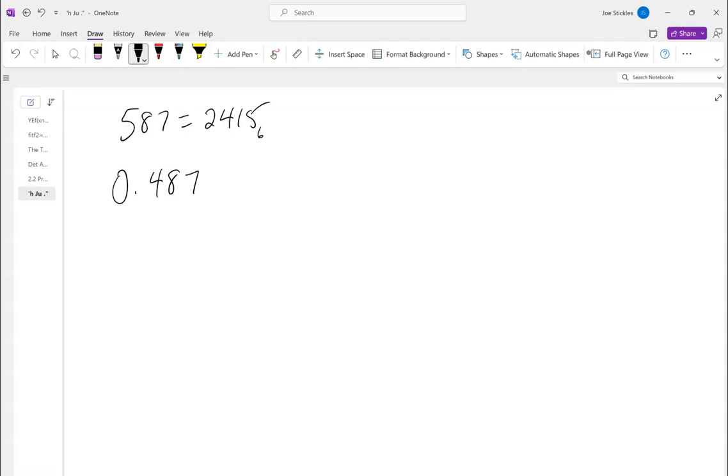So if we want to change it, I would need an a1, b to the negative 1, a2, b to the negative 2, a3, b to the negative 3, and so on down the line, right? So again, just like what we did when we were converting the whole number part,